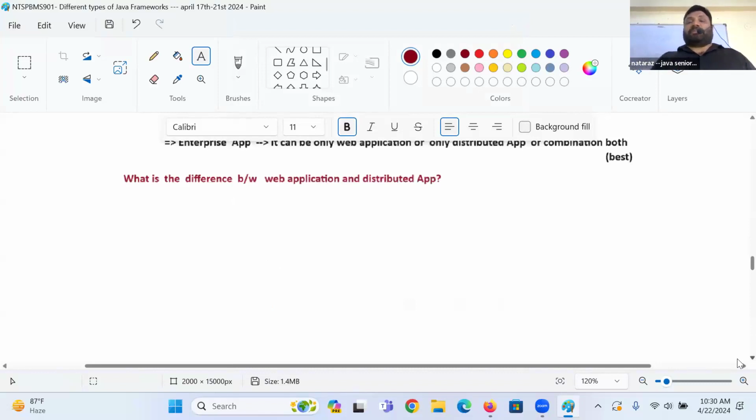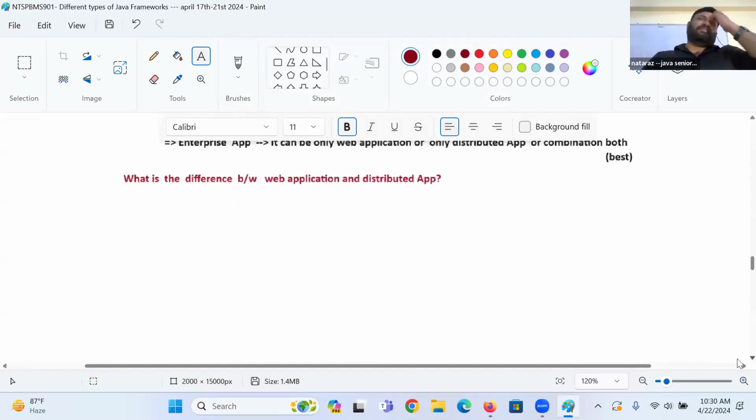Can you give me an enterprise application which is only a web application? Flipkart.com, Amazon.in. They are just websites, but at the same time complex, right? Can I call them enterprise applications, guys? Okay. You are talking about only a website, huh? Only a website, no connectivity with a distributed application.